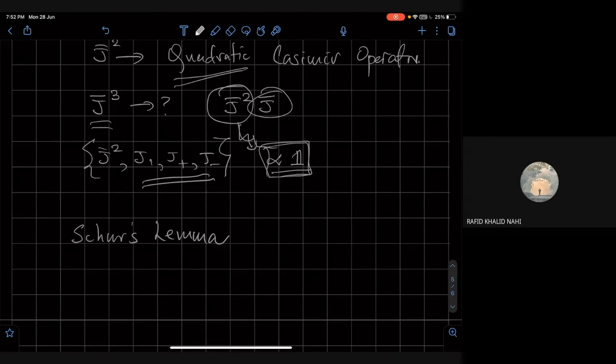Is it like the center of a group that we talk about in group theory, that it forms a cyclic group? It is similar, but it is not a center of a group, because J squared should not be thought of as being a generator of the group. The J's are, but the J squared isn't a generator of the group. Okay? So it would be a center if amongst these guys, there was some